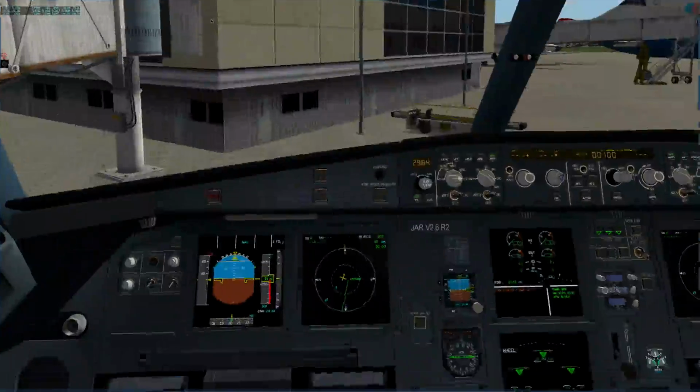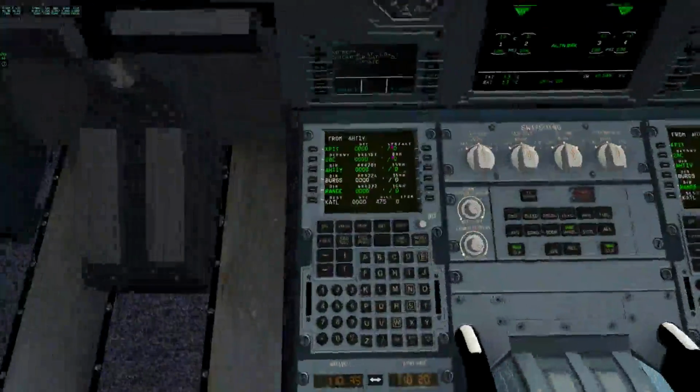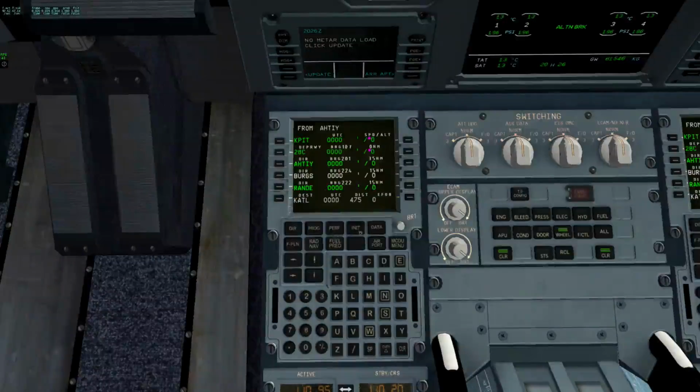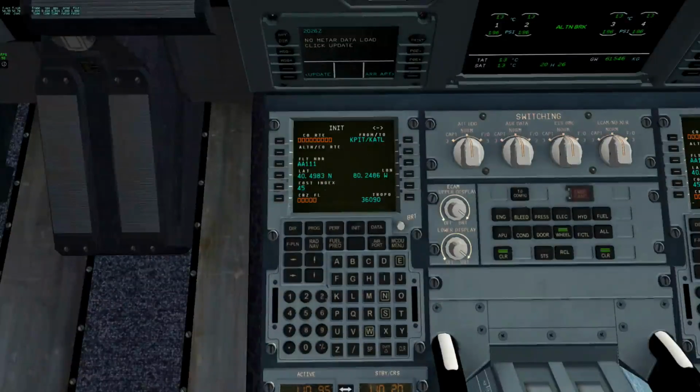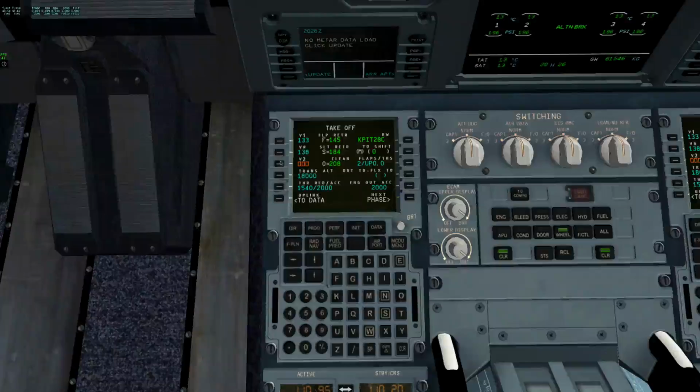Back to our airplane. 5,000. Got to put in my cruise altitude. I wonder if any of you caught that in the last video. That would be a problem. There we go. Get our performance screen taken care of,